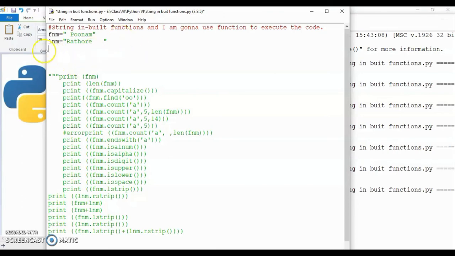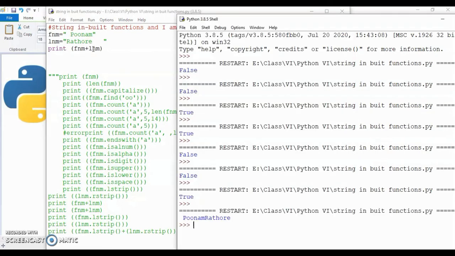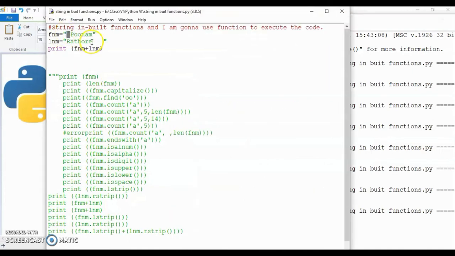So let's see, if I am going to print the name, if I want to print my first name and last name together, I can simply write first name and last name. It will print my name, but you can see that this space is there, which is here, and the space over here also got printed.